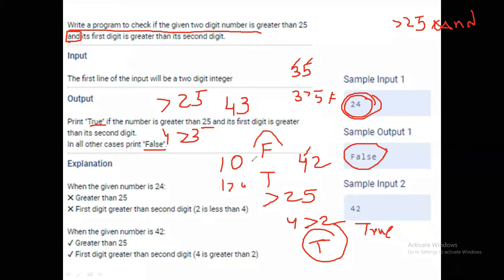But only if both conditions are true will the entire expression be true, because here we are using AND. In the problem specification, they specify these two conditions with an AND operator, an AND expression. So try to solve this problem.